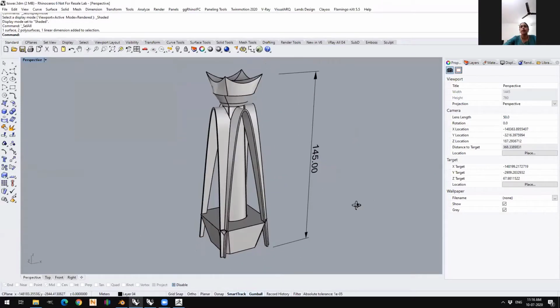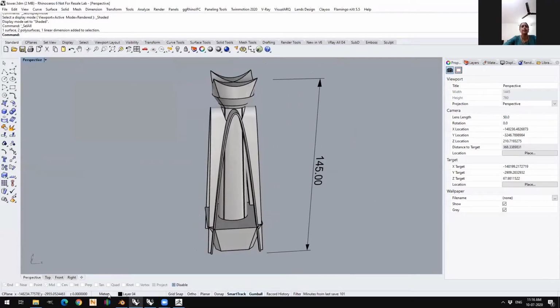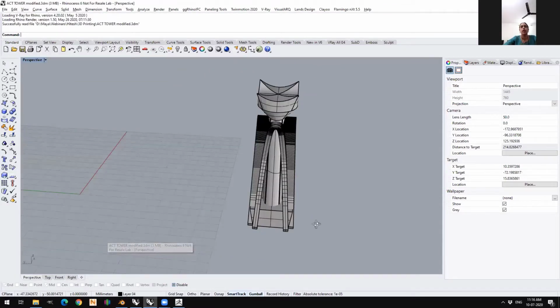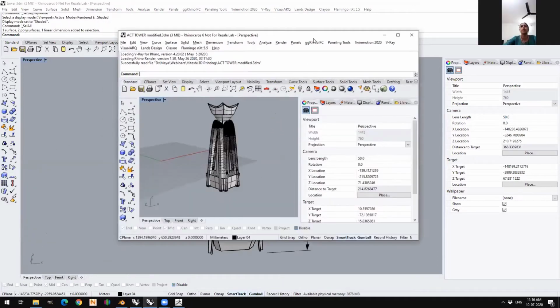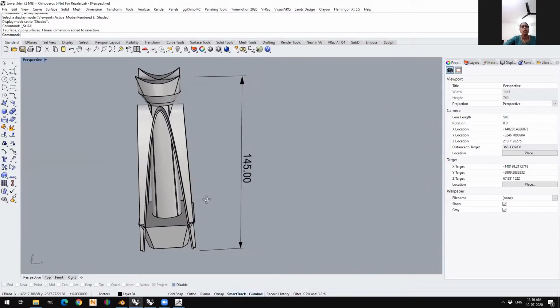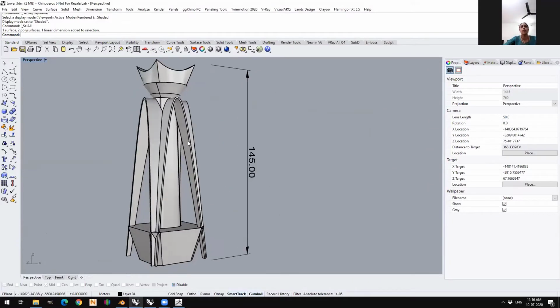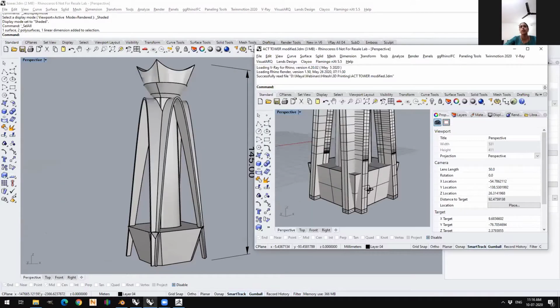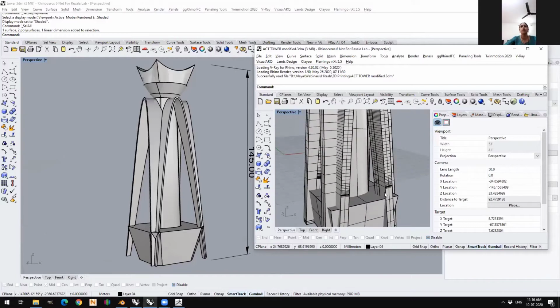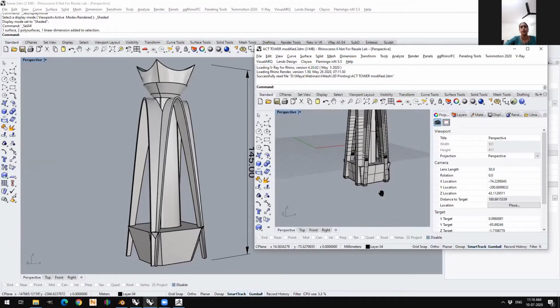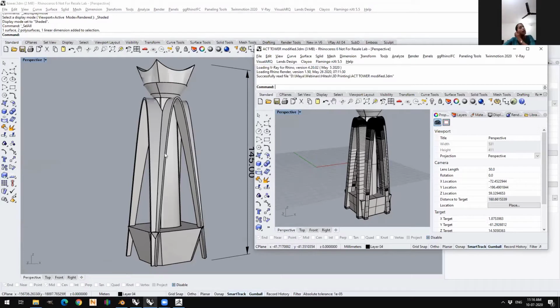Now this tower, although it is 145 meters, when I convert it to millimeters to be printed, you will see the difference. Let me show you a sub-screen. See the thickness of the legs over here, and see the thickness of the leg over here. We have made it much thicker because we want to 3D print it. So remember, what you can see in real life, you cannot really 3D print as is.